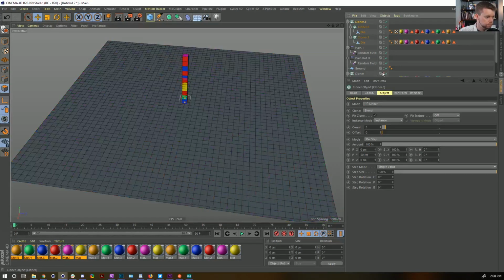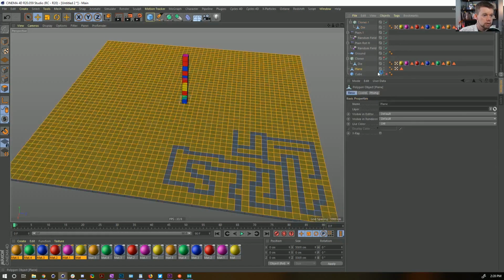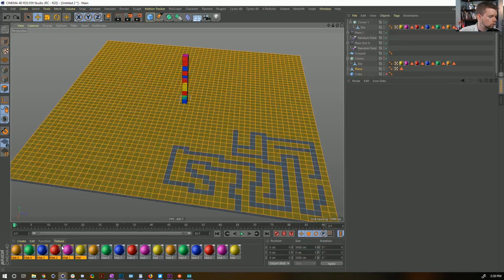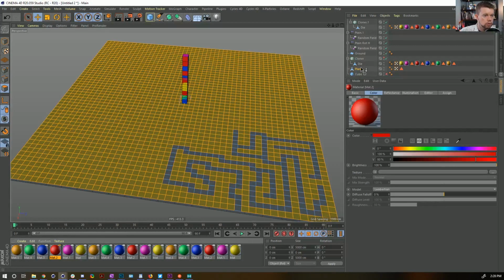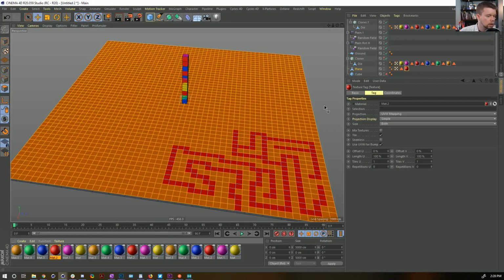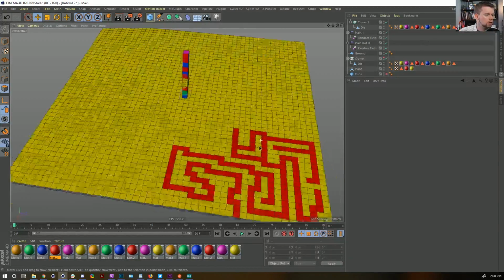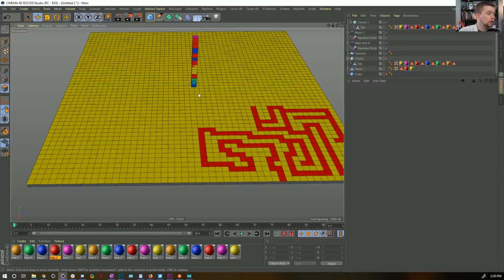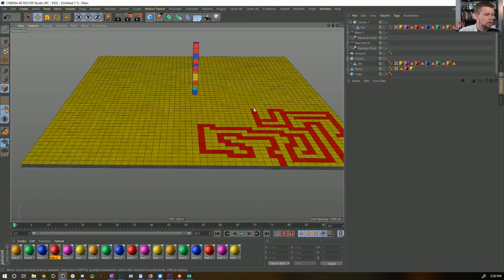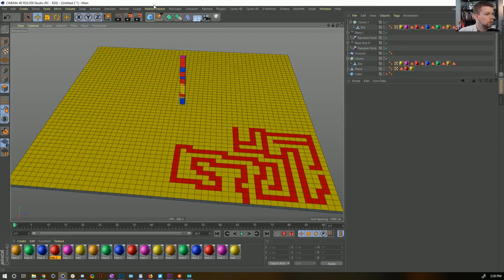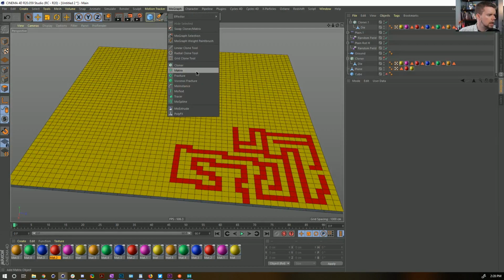Let's hide this. And I want to see this path, so let's apply a basic material. Just the red material, and then we'll apply the yellow, and the yellow will be limited just so we can visually see where the map is. So we want these to be able to randomly appear on any one of the squares that isn't part of the maze. Now, we don't want it everywhere, so what I'm thinking is let's go ahead and make a matrix